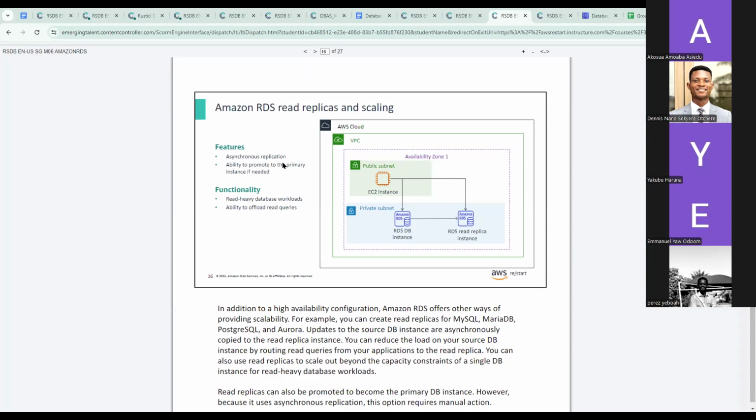So when we talk about read replicas, earlier today we performed some queries on our database, right? And all this week we've been performing some commands. So these commands or these things that we want are